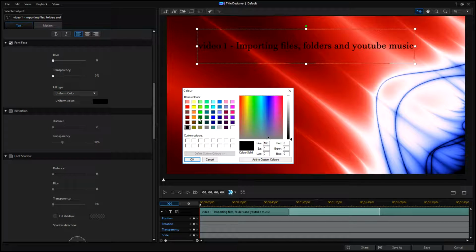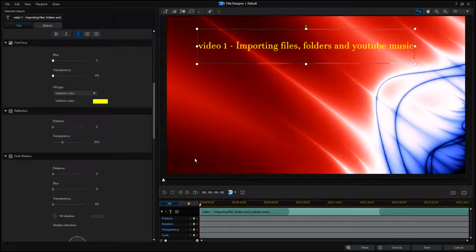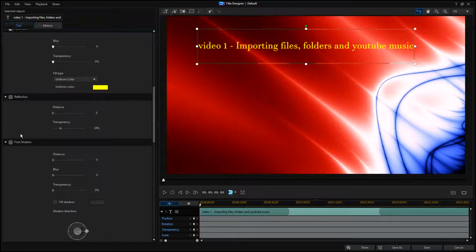Very simple here on font face, like so. You can add a reflection, which gives a nice reflection. That's very good depending on what kind of imagery you're doing. Like for example, if you had a picture of water and you wanted to put a boat on it, you could give it a reflection and things like that. Very good. You can also increase or decrease the transparency of the reflection. You can add a shadow, which, when you look at it like that, you go, hang on a minute,